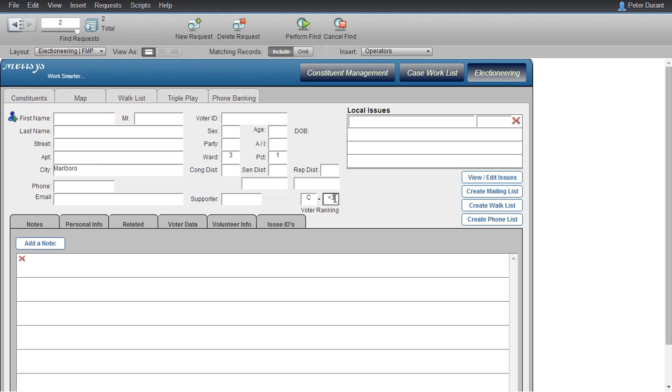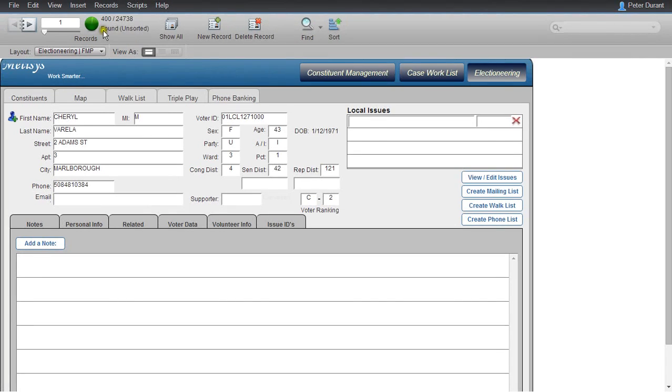And now when I click Perform Find, my total find is now 400 people. It was 300 and something before. Now it's 400 people. That's because we've included, in fact, this particular first person that shows up is a C2 voter. So this particular woman is somebody who doesn't necessarily come out and vote in those general elections. She votes in